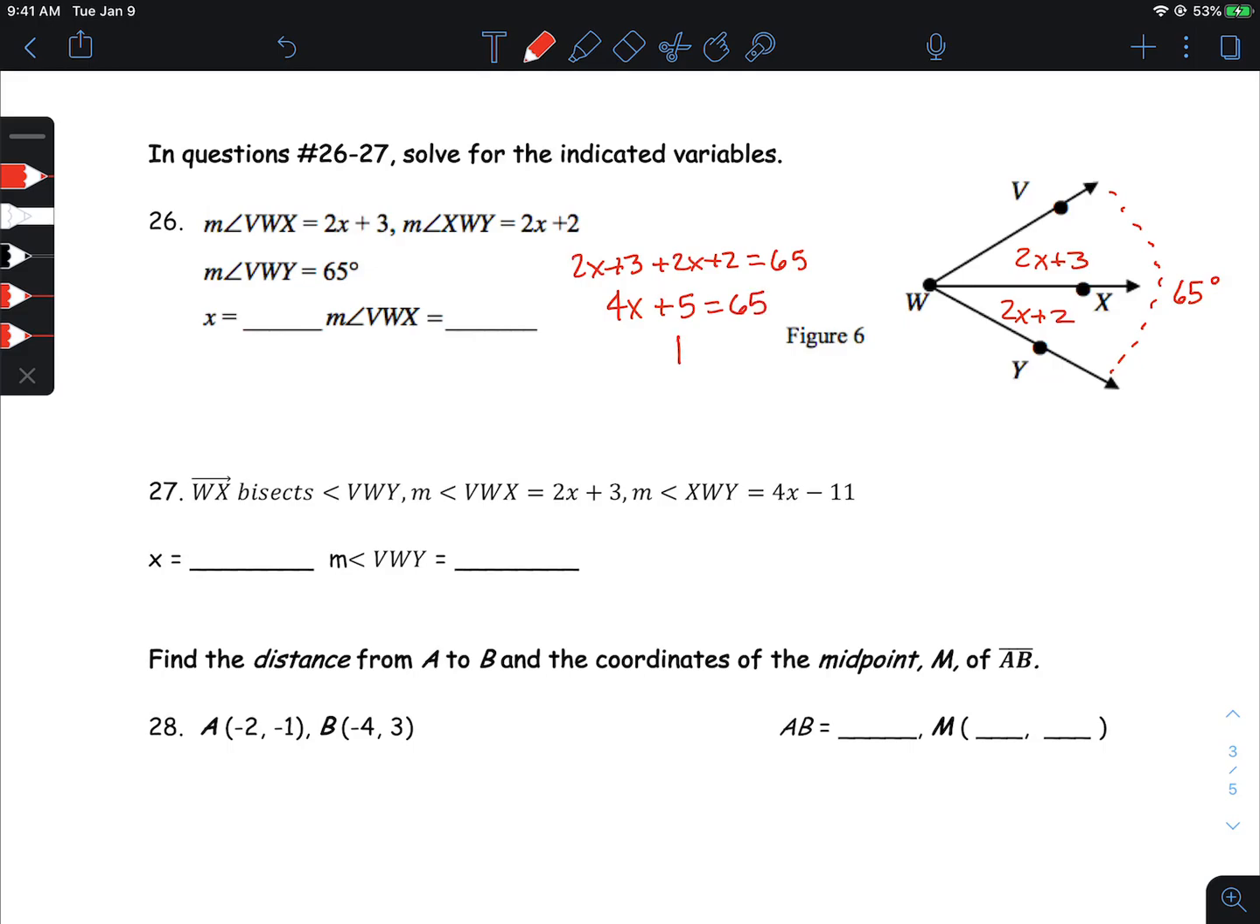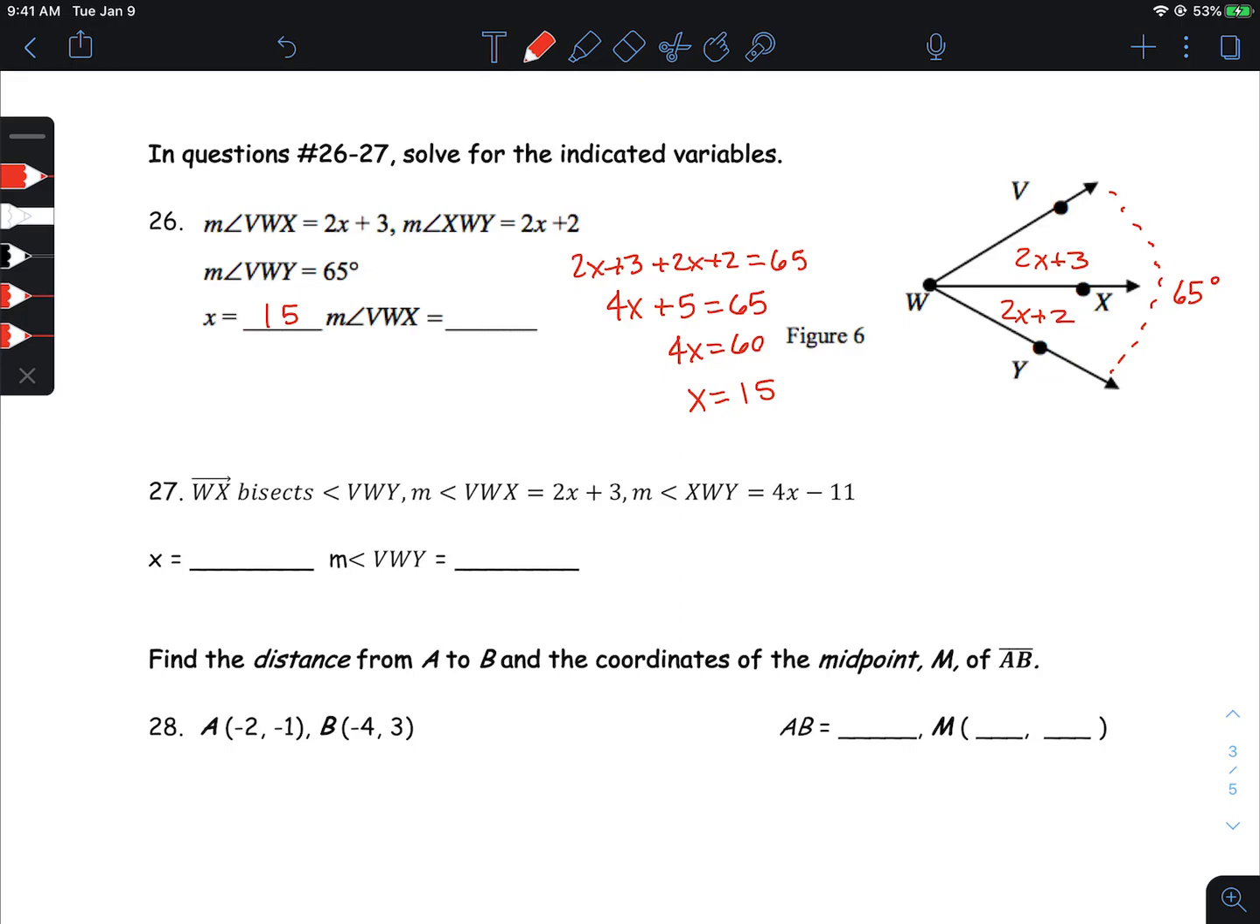You can subtract 5 from both sides to start solving for x. That'd get you 4x is 60, and then you can divide, and that'll get you x is 15. Okay, and that's just the value of x. To figure out the degrees, we plug back in. Apparently, we're going to plug back into